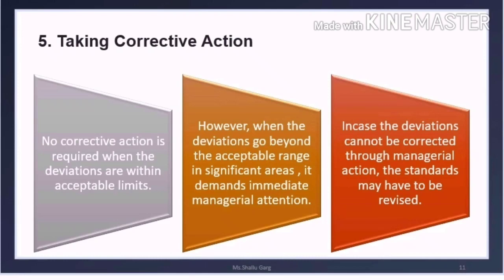It is also possible sometimes that standards have not been set accurately. Like you have set a standard of 100 units for all the workers to be manufactured per day. Now, on an average, every worker is producing 90 units per day, and even by imparting them the necessary training, we are not able to improve their performance. Then we need to revise the standards. Standards have been overstated. That's why workers are not able to achieve them.